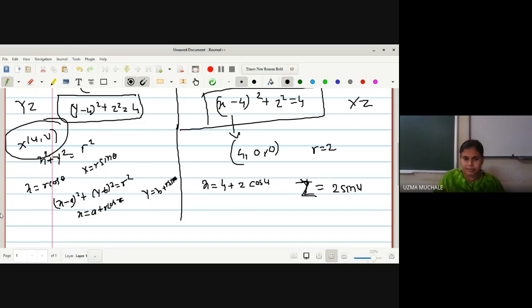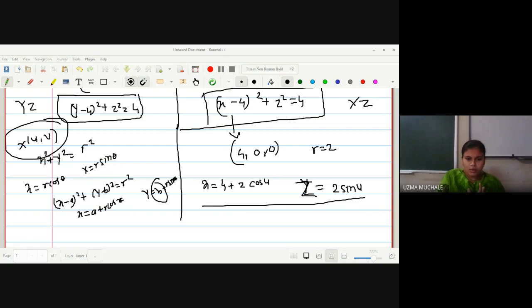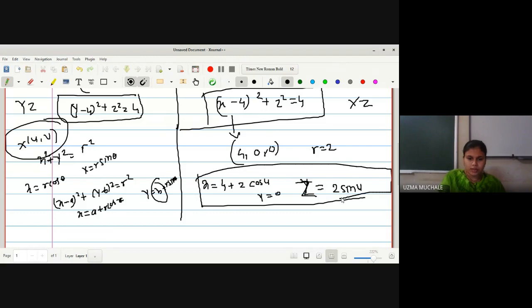Because there is no z minus something here, b is 0, if you consider this equation in the form of z. Okay, so in this way we have got the values of x and z, because our circle, our profile circle, is in the xz plane. Okay, so in this way now the coordinates are x, y and z, with y equal to 0, all these three coordinates we can write down.